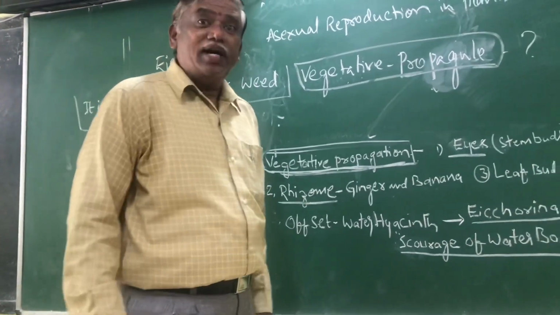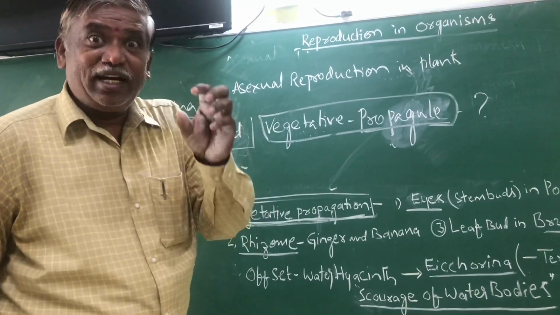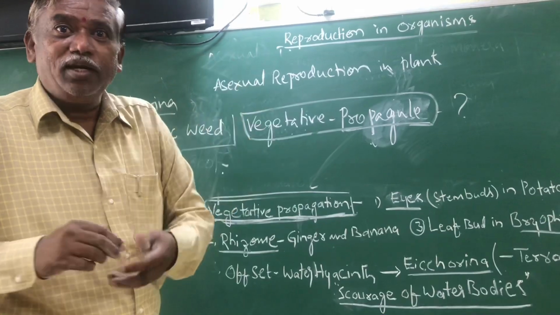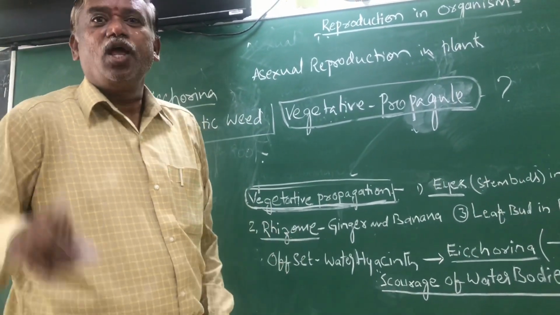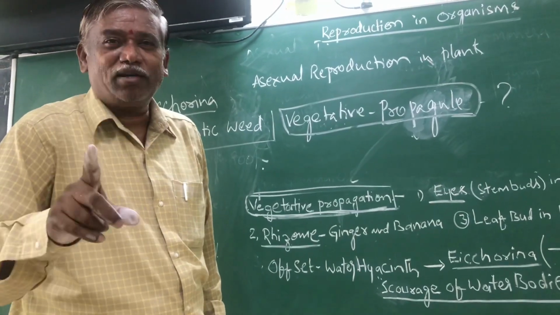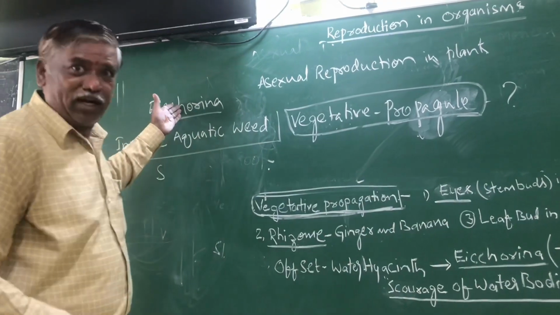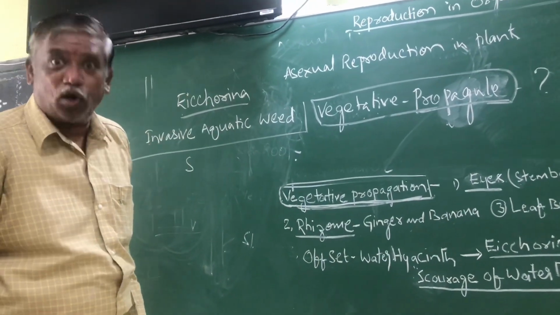Now, why was it imported to India? Because its flowers and leaves are beautiful and attractive. Due to this, it was imported and cultivated in stagnant waters like ponds. But one drawback, a negative: when Eichhornia is introduced into our native water bodies,